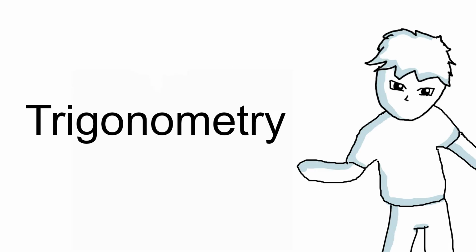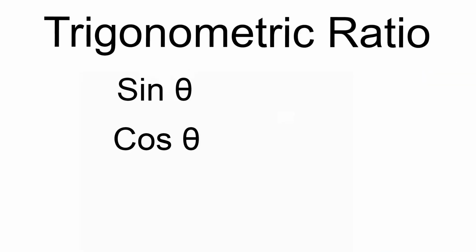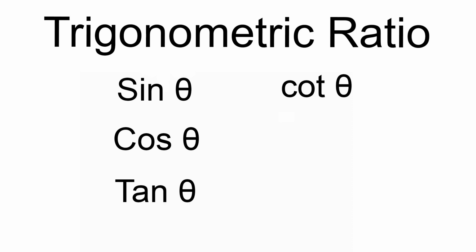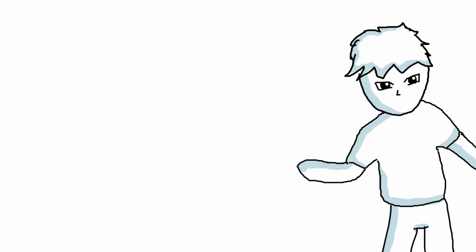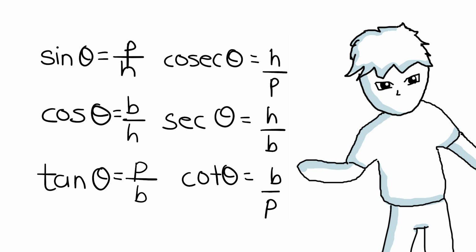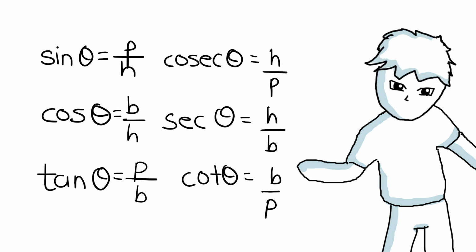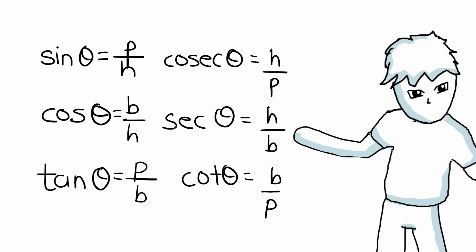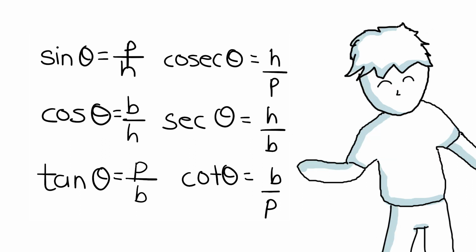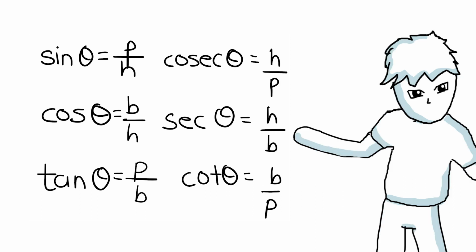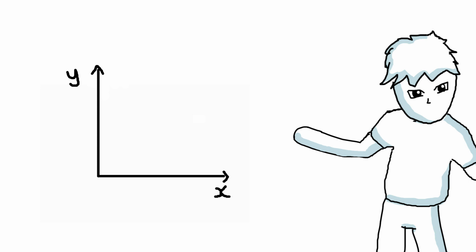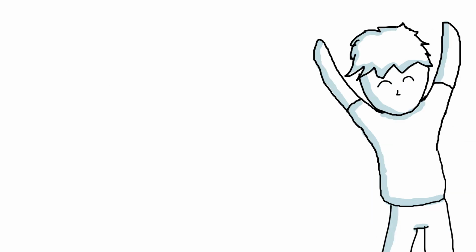Now trigonometry consists of ratios, which are sine theta, cos theta, tan theta, cot theta, cosec theta and sec theta. Let's start with sine theta. The sine theta is p by h, which is perpendicular by hypotenuse, and the tan theta is perpendicular by base. Whereas the other ratios, cosec theta, sec theta and cot theta, are basically the inverse of sine theta, cos theta and tan theta respectively. With the help of these, we can take out the components of x and y axis of a slope. With that, I believe we are done with the trigonometry part.